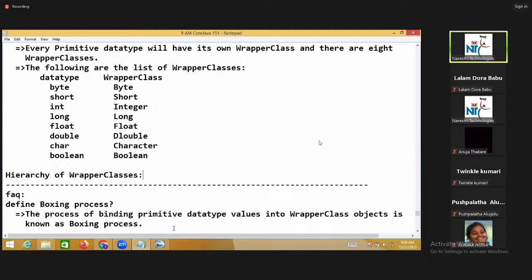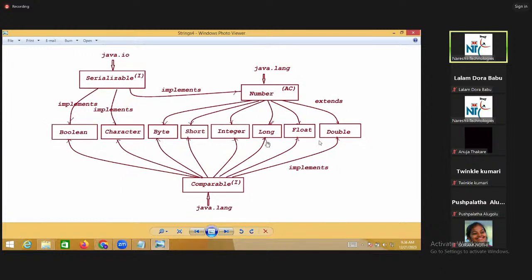I want to know how they are available in the library. There is no need to memorize this by heart, but students should know which components the wrapper classes are interlinked to. Those names you should remember; that will help you in any examination, any system test or technical interview. They may ask a question: can I know the parent components of wrapper classes? You may expect such a question. If you can remember this diagram, you can answer it. One is Comparable, one is Number, one is Serializable, and so on.